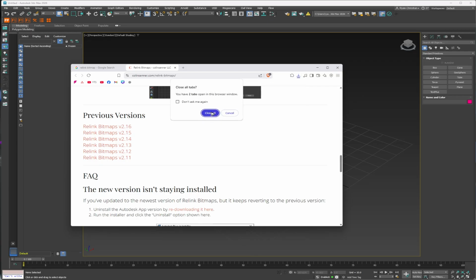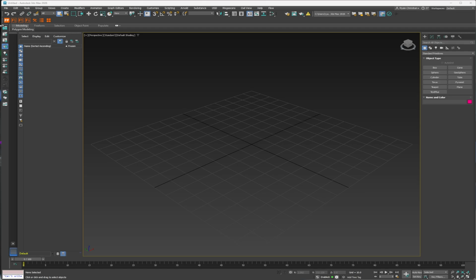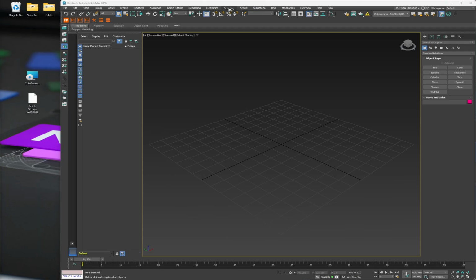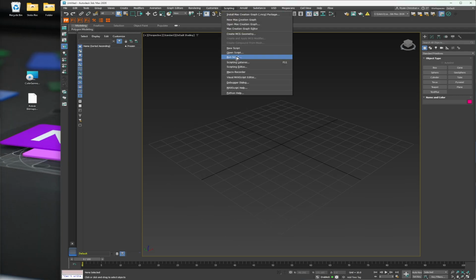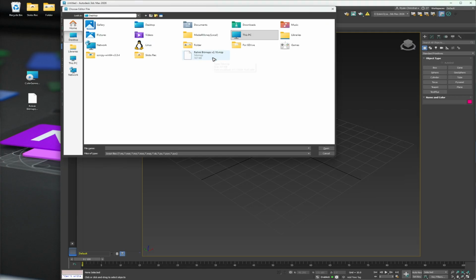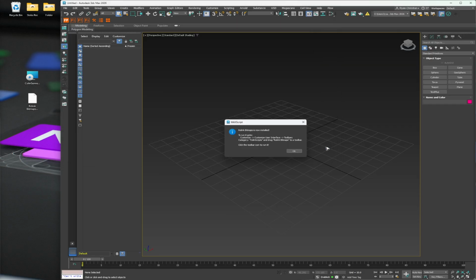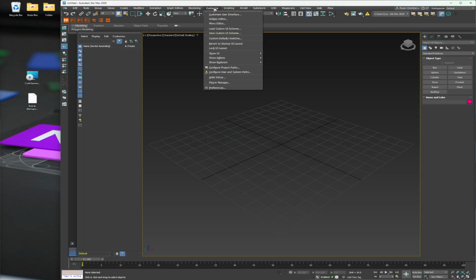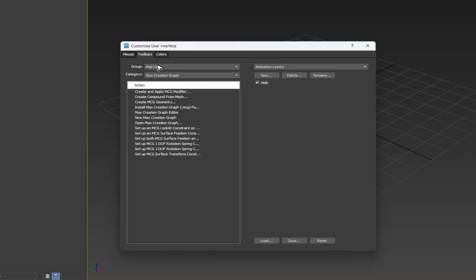So since it is an MZP file, we can just go ahead and run the script by just going to scripting, run script, go to desktop, Relink Bitmap, open. Now it says here, Relink Bitmap is now installed. Hit on OK, customize user interface, main UI,